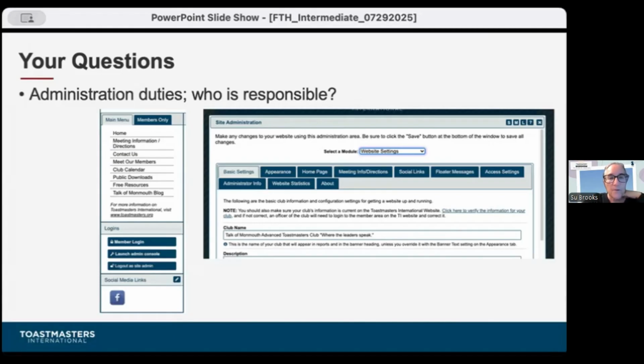However, if you feel a different member of your team should also be added to that, that's fine. Now, who does what? I think that's what you're getting at. The secretary should be doing a number of things. The VPE should be creating agendas, and the VPPR, your Vice President Public Relations, can add content to your homepage.